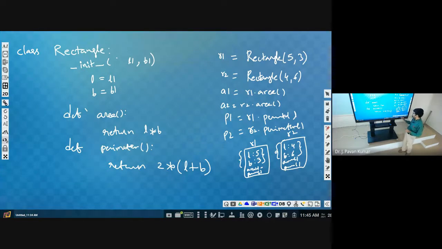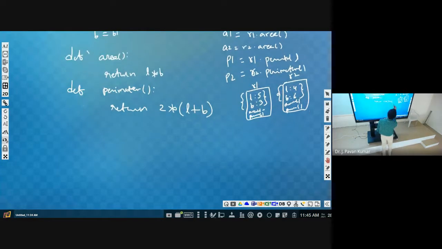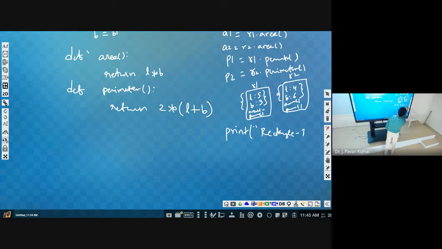Here print rectangle 1 area is, how can we print? Area is plus A1, right? Can we write it or not?